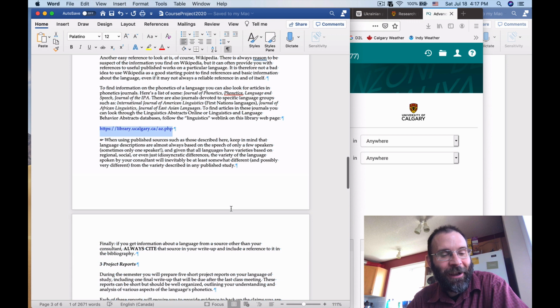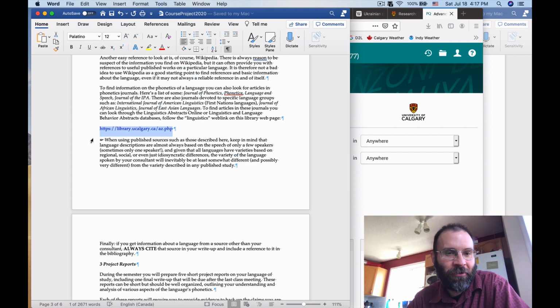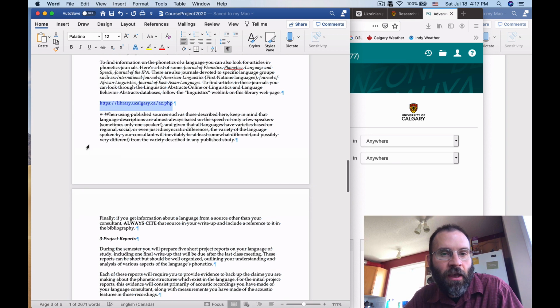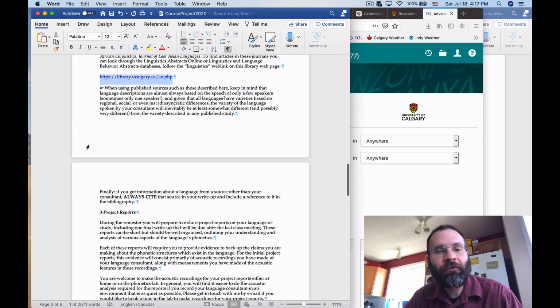It's there. And I will also say that when you look at published research on a language, no matter where it comes from, whether it's Wikipedia or Ethnologue or some scientific journal, keep in mind that language descriptions are almost always based on the speech of only a few speakers, sometimes only one speaker. And given that all languages have varieties based on regional, social, or even just idiosyncratic differences, the variety of the language spoken by your consultant will inevitably be at least somewhat different and possibly very different from the variety described